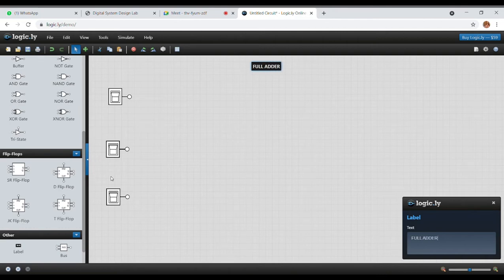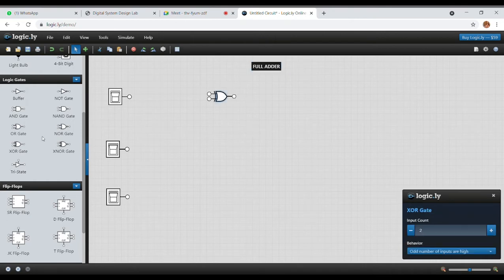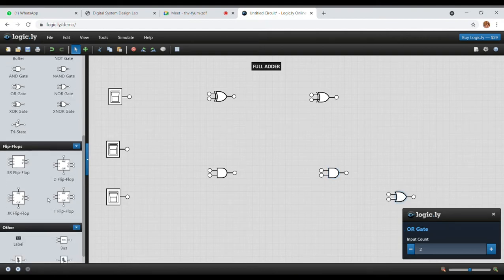For this full adder, we need 3 toggle switches. Then we'll take an XOR gate and we'll take another XOR gate.